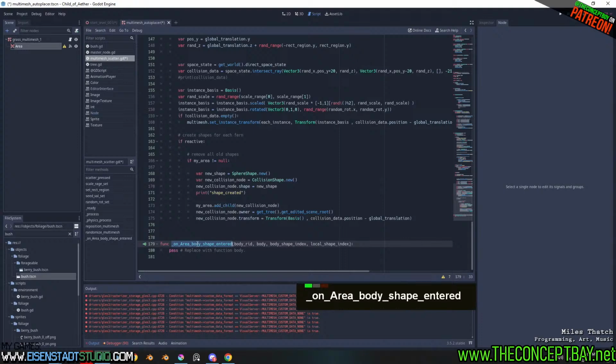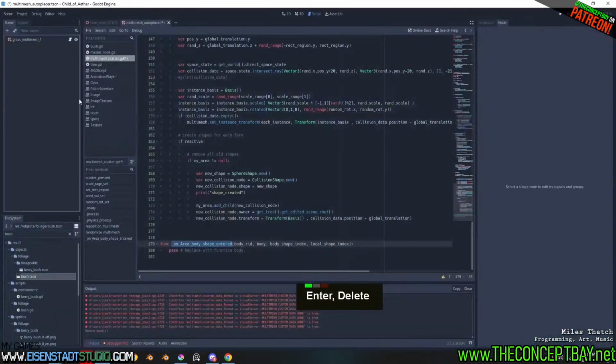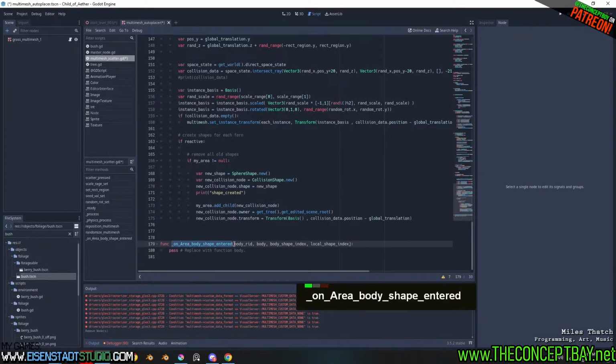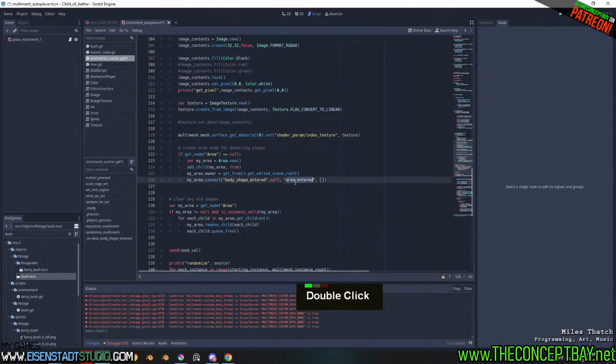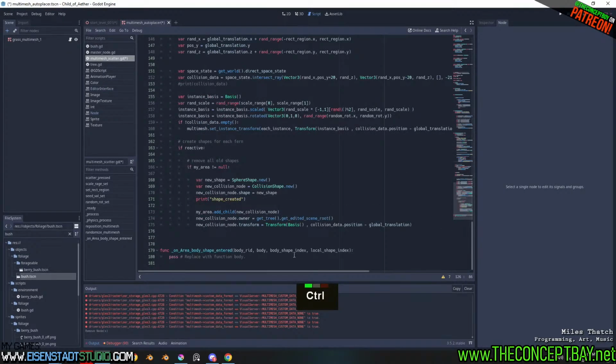And the only reason why I did this is so that I could copy this function, and it already has all the definitions, but we're not going to have the area node kept there. We're still going to use this one, and it's body shape entered. This is the function, and I think that should do it. No binds besides the default ones. Okay, now